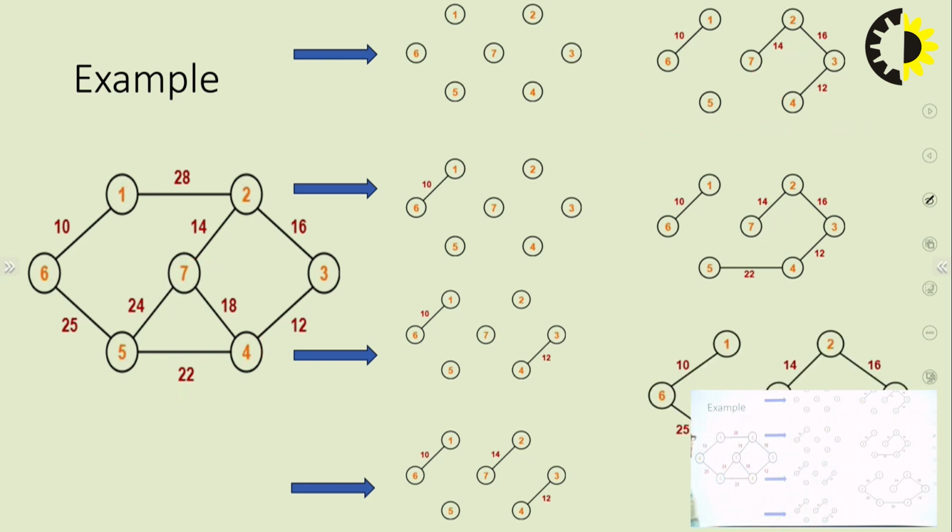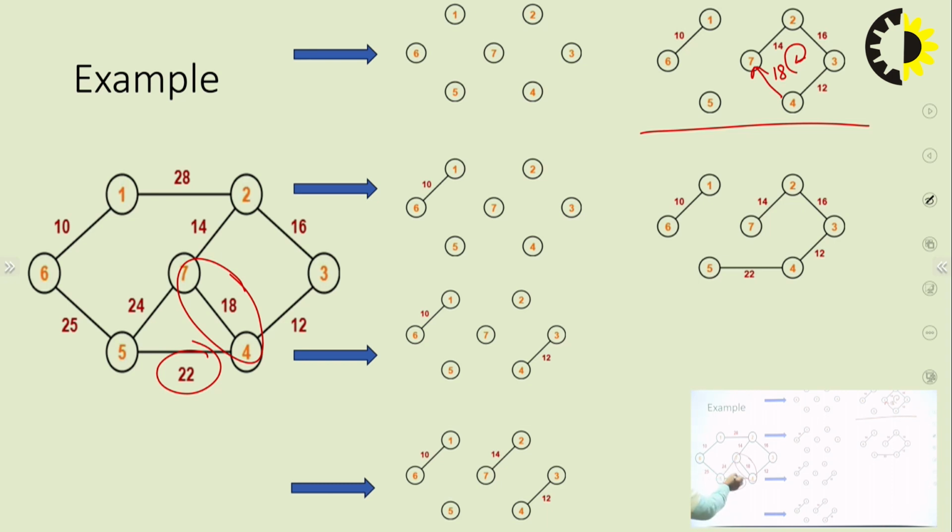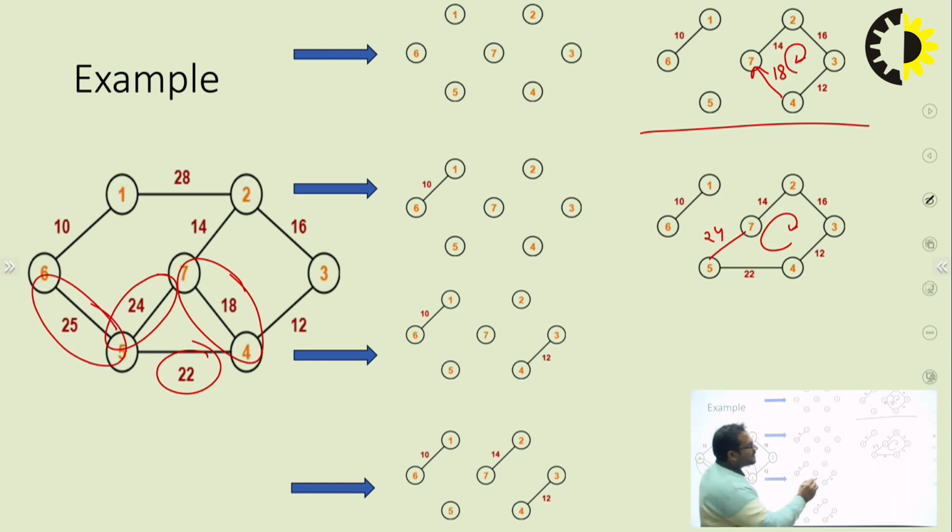Got my point? Next. After 22, we have here 24. Again, the same problem occurs here. If I choose this 24, what is happening? It is making a cycle. Got my point? So what you have to do? The next step is you have to reject this edge and go to the next minimum edge. After 24, the next minimum edge is 25, right? If I reject this and choose this minimum 25,